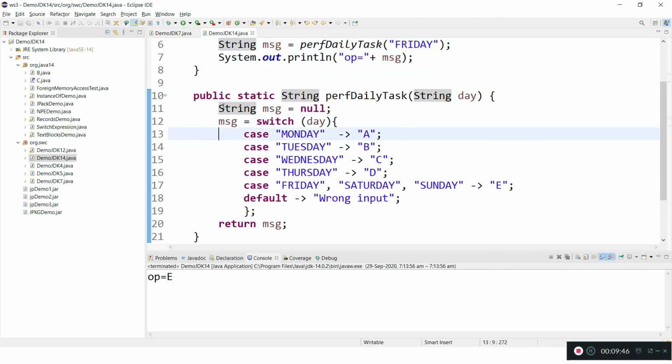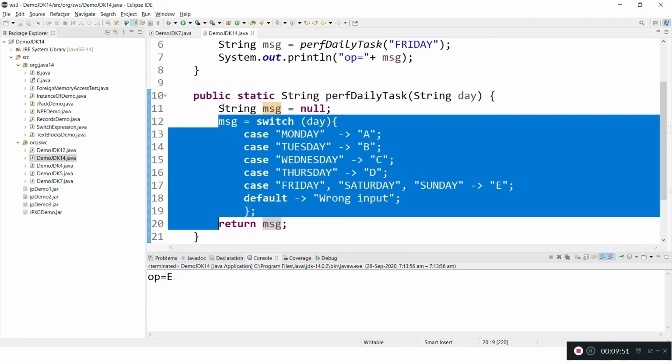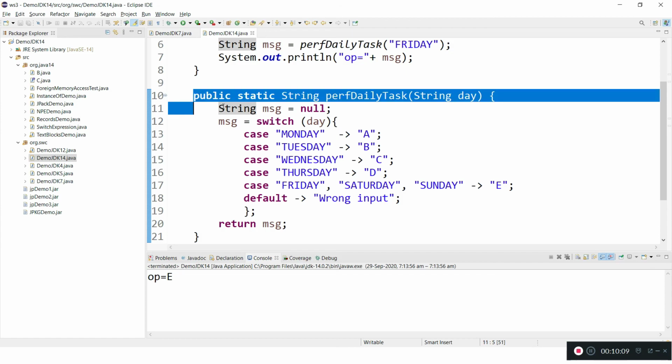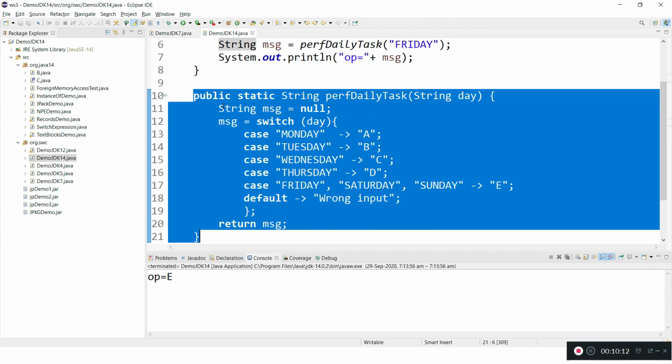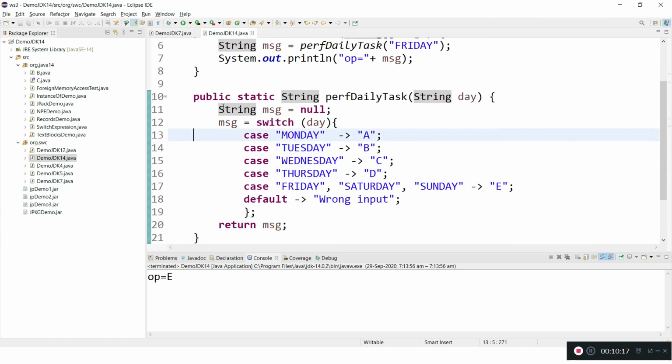Here you can see a lot of advantages. And one more thing: either you can go for the classic way using the switch statement, or you can convert your code to a switch expression. You can use both, as Java provides backward compatibility for the switch. You can make use of most of the advantages using the switch expression by writing your code like this. We have discussed all the drawbacks and how the switch expression resolves all of this. That's all about the switch expression.